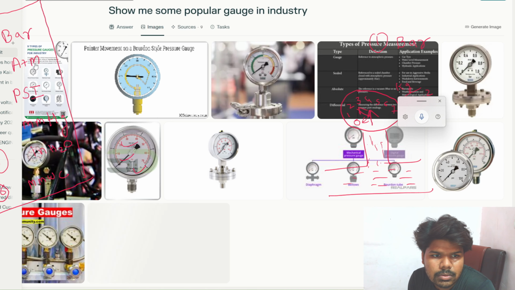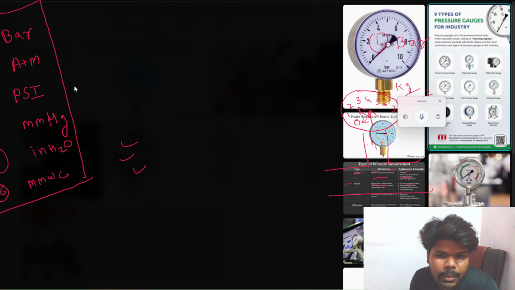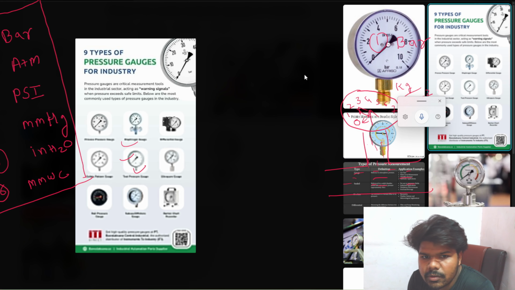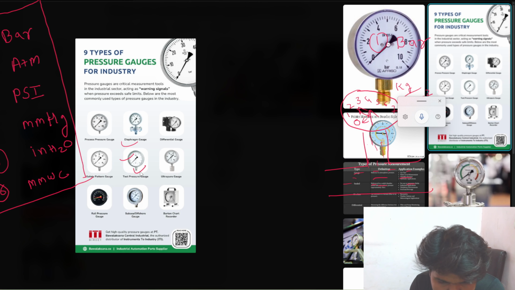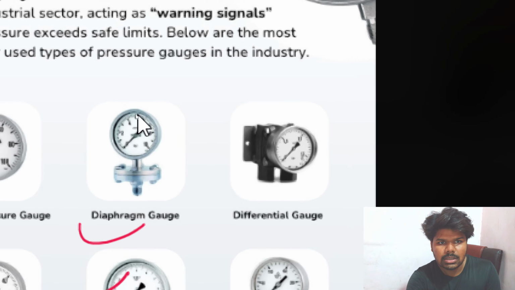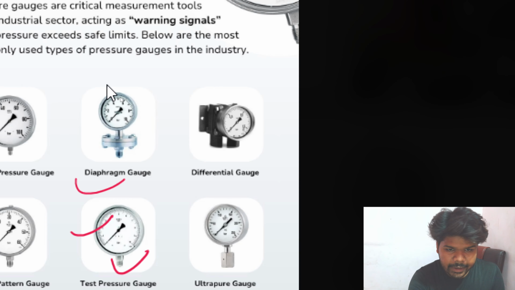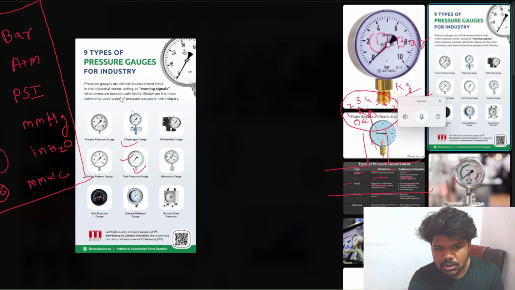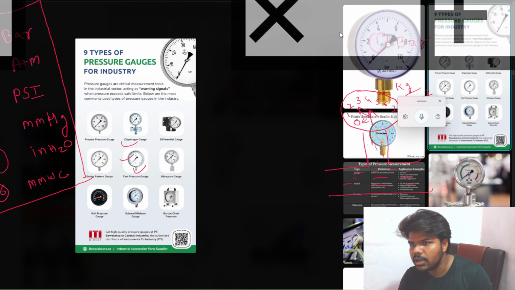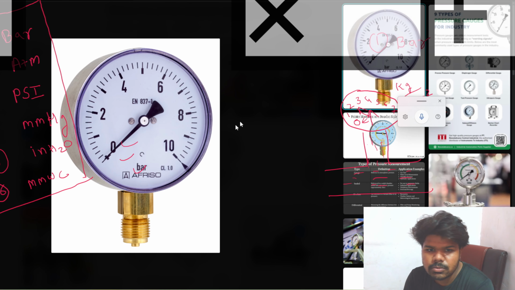So generally that kind of pressure gauge. See. How to zoom this? Wait a minute. Zoom window plus. It's very zoomed, I have to zoom out. It is not like that. So you can see